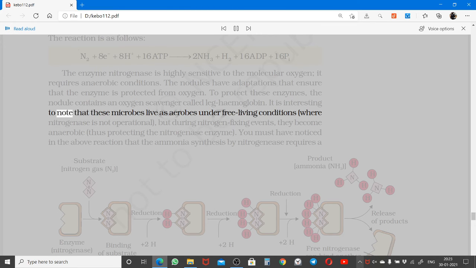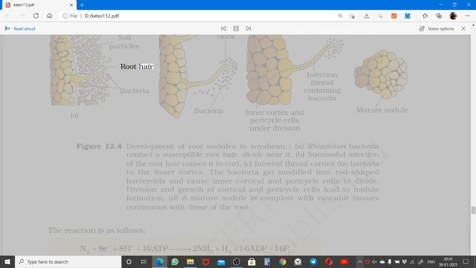It is interesting to note that these microbes live as aerobes under free-living conditions, where nitrogenase is not operational, but during nitrogen-fixing events, they become anaerobic, thus protecting the nitrogenase enzyme. You must have noticed in the above reaction that the ammonia synthesis by nitrogenase requires a